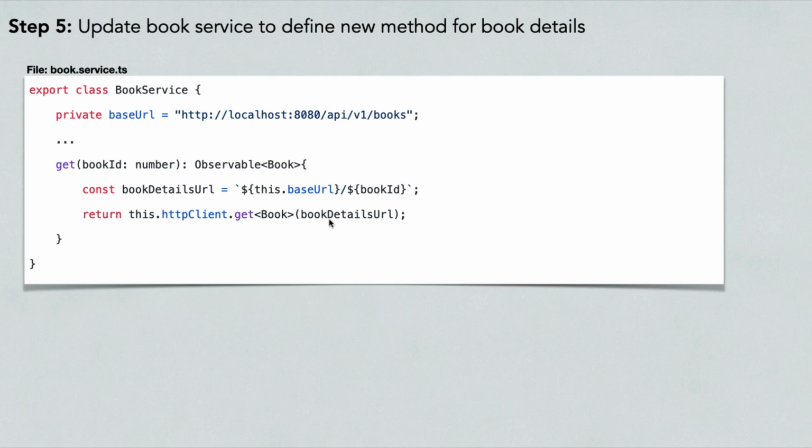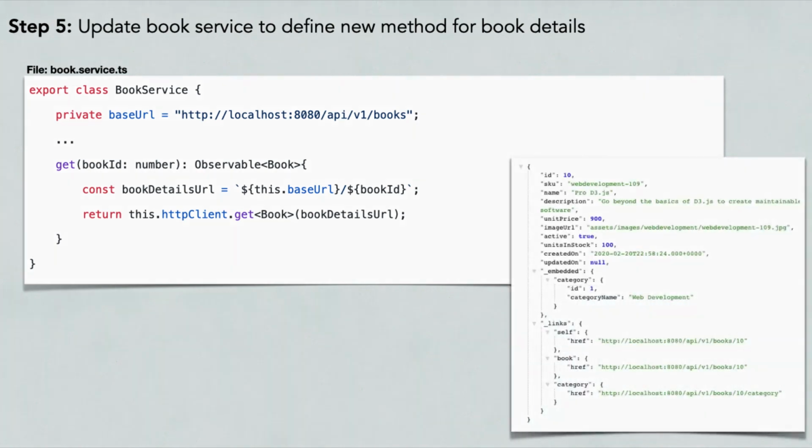and the response we are mapping it to the book model class. Notice we are mapping it to the model class book instead of interface, because the response which we get from the REST endpoint looks like this, and we don't need to extract the data from _embedded, so we are directly mapping it to the model class book.